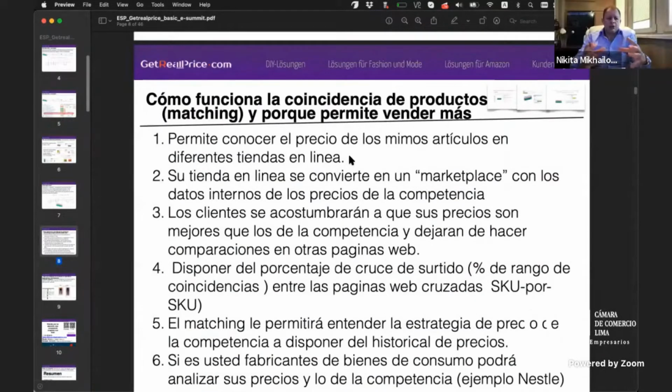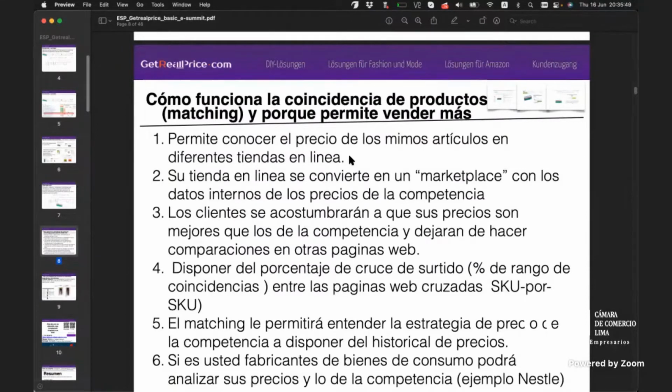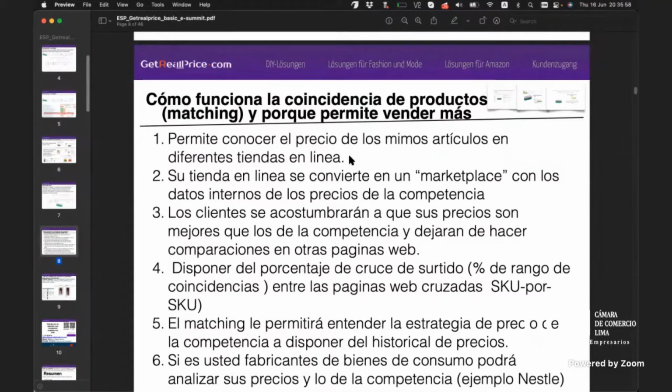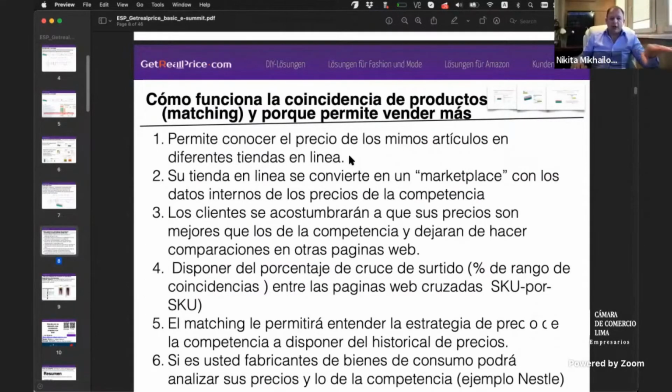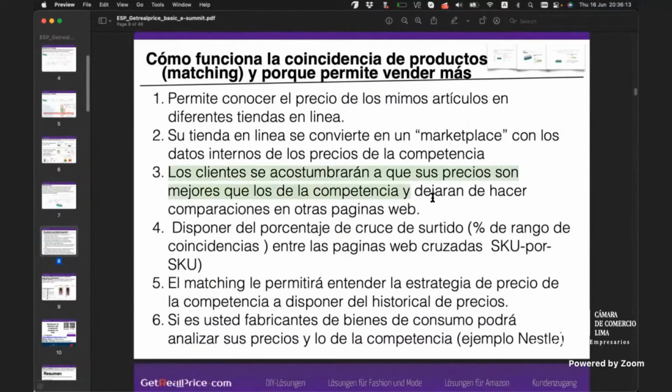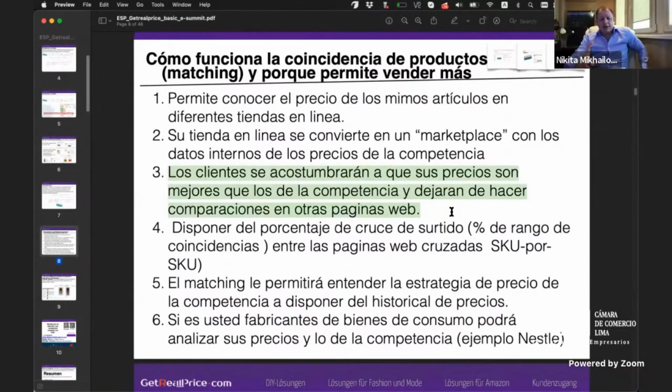The second point is, in general, if you look at this topic, your web shop becomes something like a marketplace, because all the other products of other web shops are connected to your web shop. You just do not publish the prices of competitors. The third point is that customers who are understanding that something is going on with your pricing